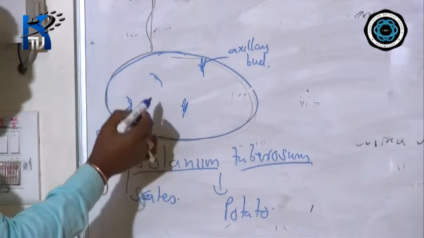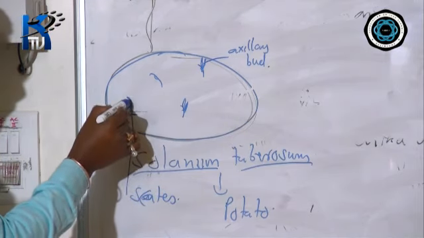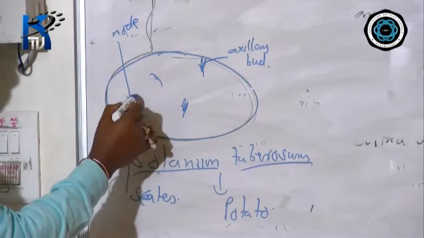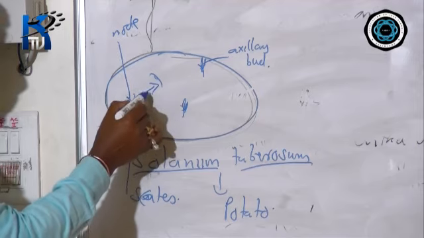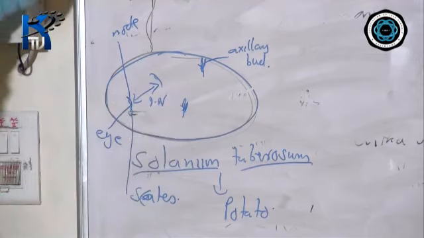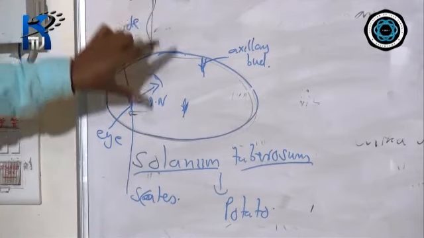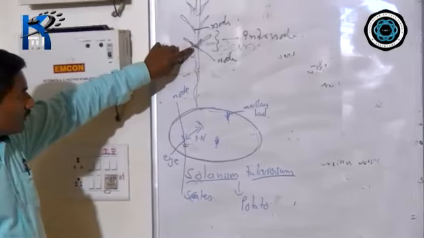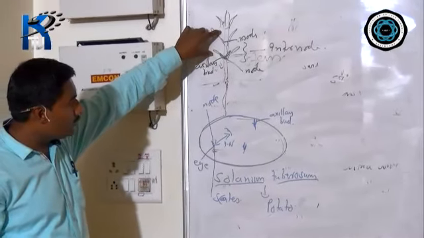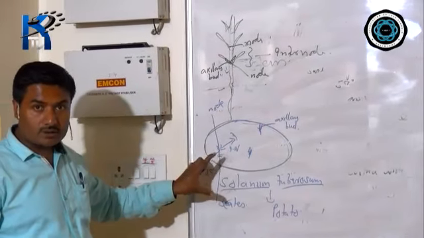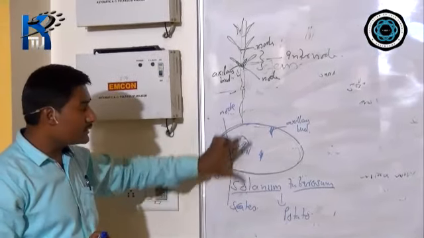Okay, now these are the junctures, these are the points, you call them nodes. Okay, in between the nodes, what do you call it? Internode. Now you see the features. You see the above aerial stem and this stem. What do you find? You find here the node, axillary bud, internode, having the same morphological structure. I am not going to the histological part.